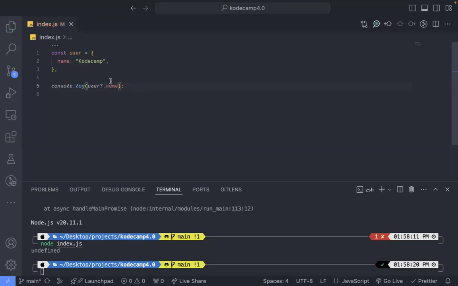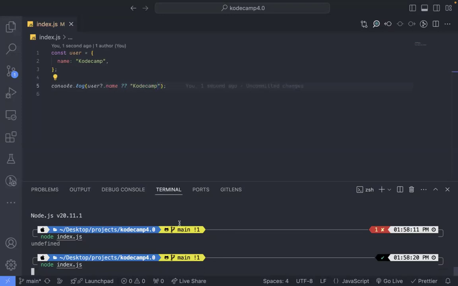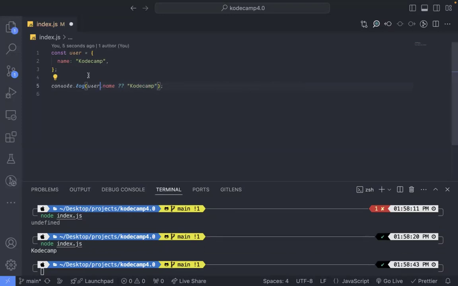And then you say, if there's no name, just say KodeCamp, like this. Then we'll go ahead, we'll have KodeCamp. And then remove this optional chainer, and then remove this one as well. In fact, remove this line, leave it like this, then run this code. We have KodeCamp,